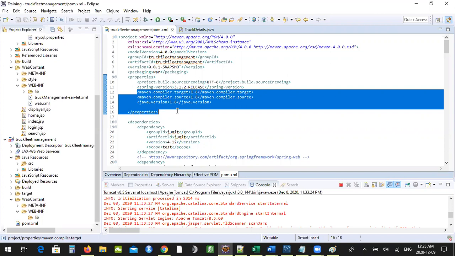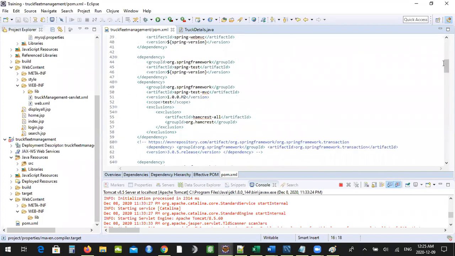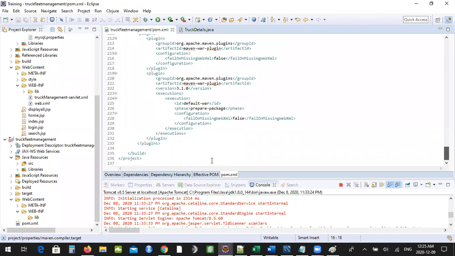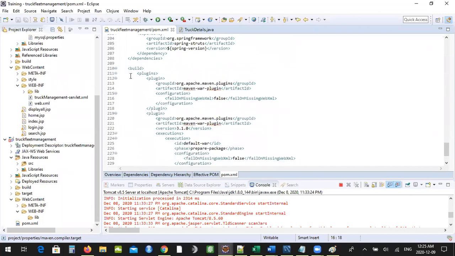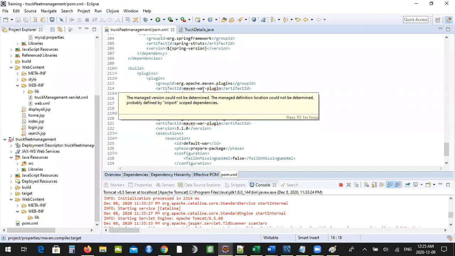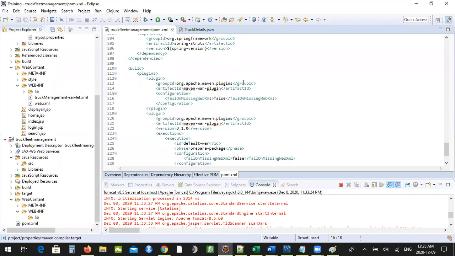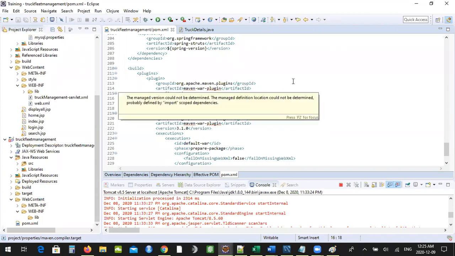Now, coming all the way down, after dependencies, there is the build phase. If you remember properly, I told you Maven is also a build tool, right? So we have to include plugins in the build phase. What are the plugins I am including? It's the Maven war plugin. There are various uses for this. In our context, we are specifying Maven